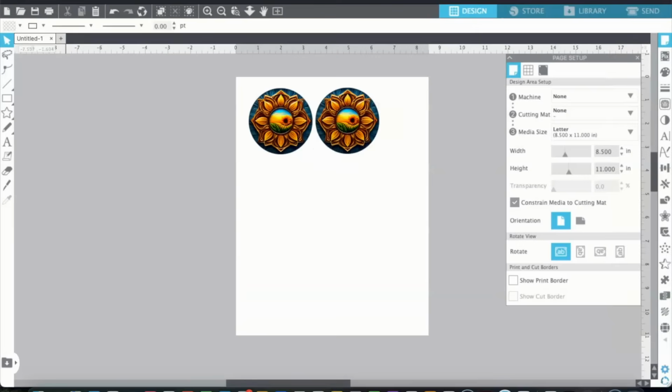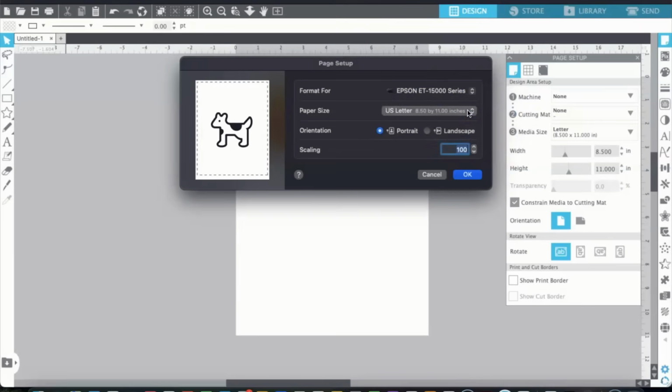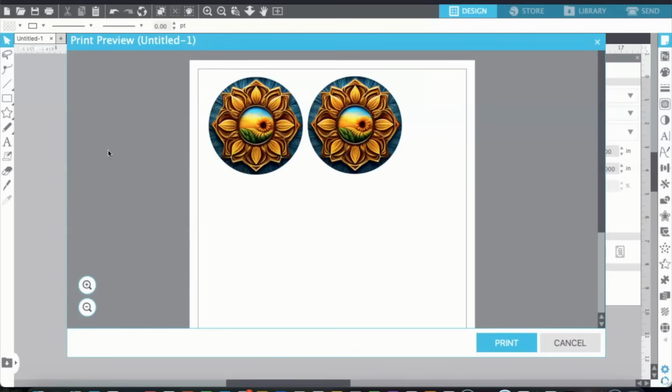And if you don't have it set up already, then you would go to print page setup, and then you'll just let the software know if you're going to be using a particular printer and also the paper size. I'm going to click OK, and then we'll go to print, and here we have the images. Now once you select print,